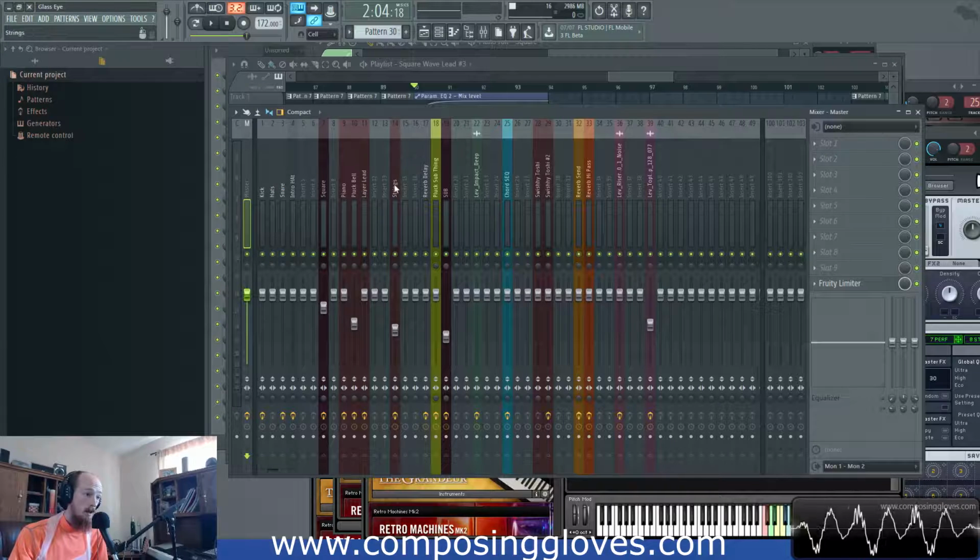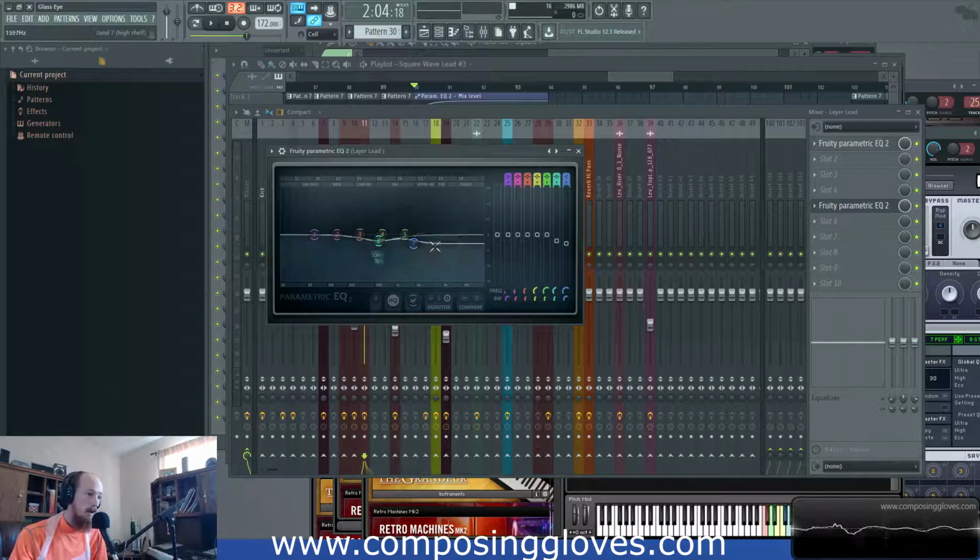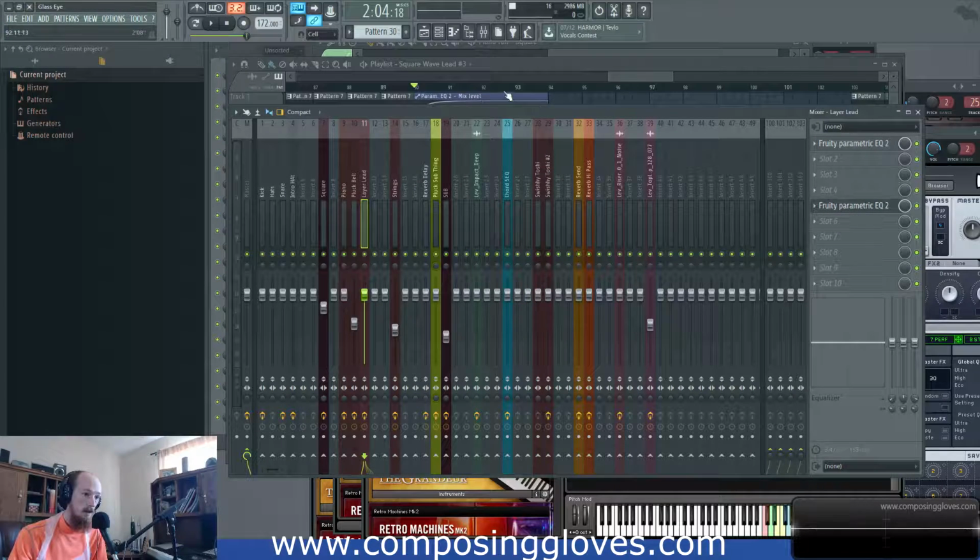The things that are doing the reverb are the layer lead, which is over here, and you'll notice the EQ is over here, and it's just some general cuts, and some additional...